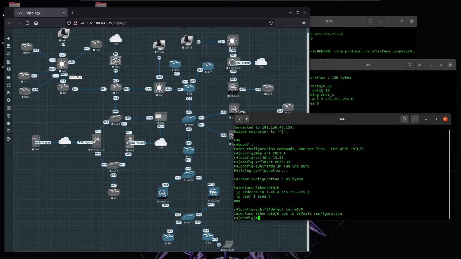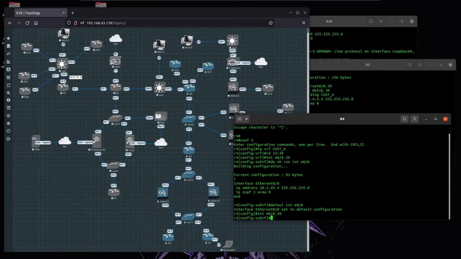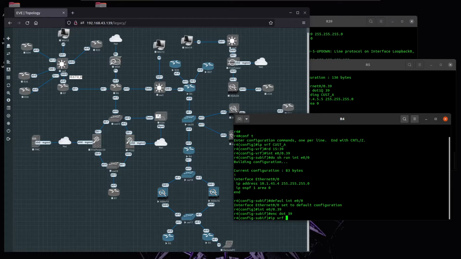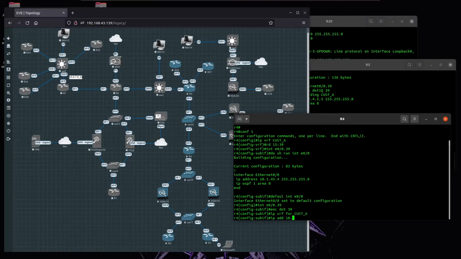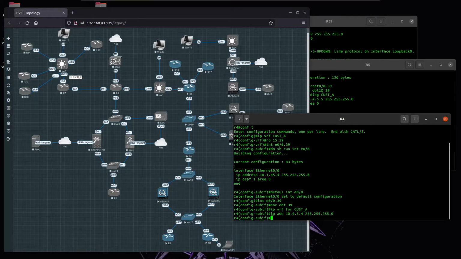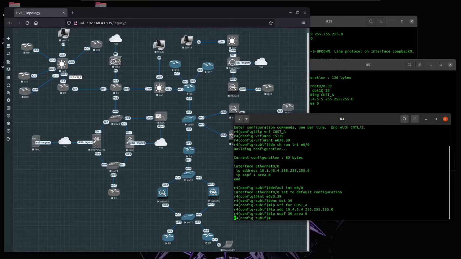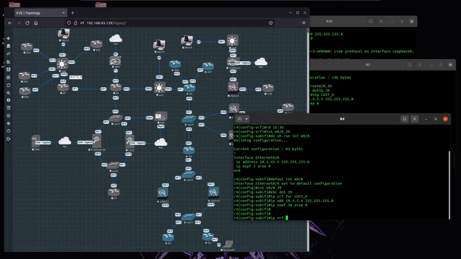Yes, so 39, and I have to enable tagging 39 and VRF forwarding for customer A. The IP is going to be 10.4.54, and it's going to be a /24. IP OSPF is going to be 39 area 0. So now let me create VRF B,